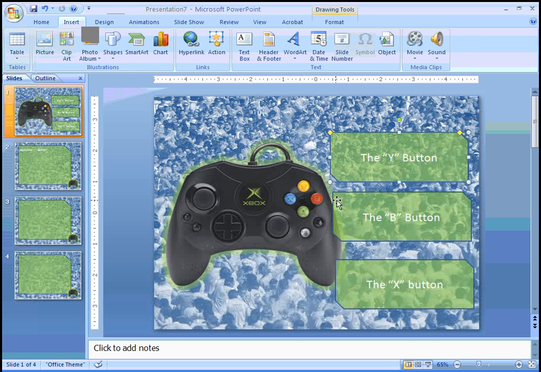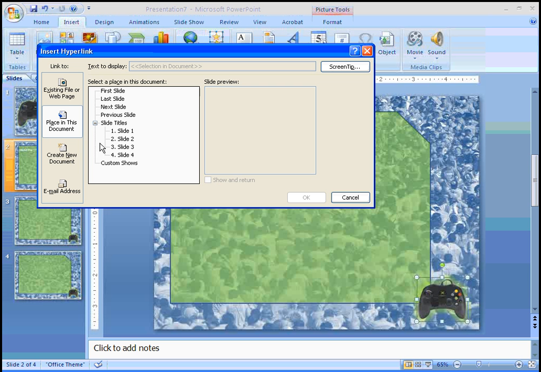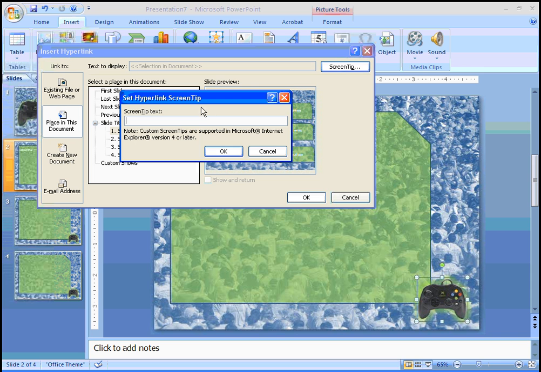Okay, and then we'll go to slide 2, and we'll select our little icon down here, and we'll insert a hyperlink, and we'll have this go back to slide 1. We'll give it a screen tip. Click to navigate to the main menu. Click there,